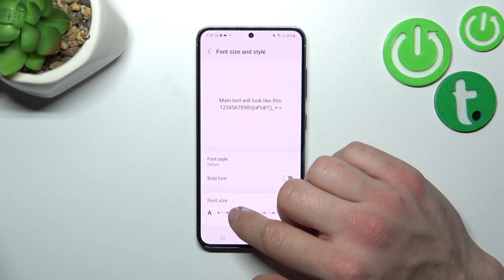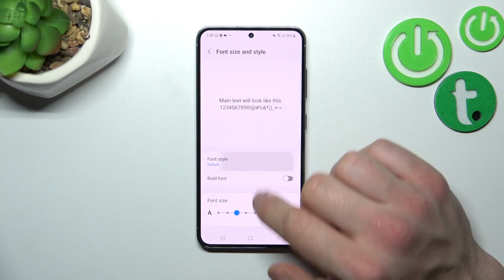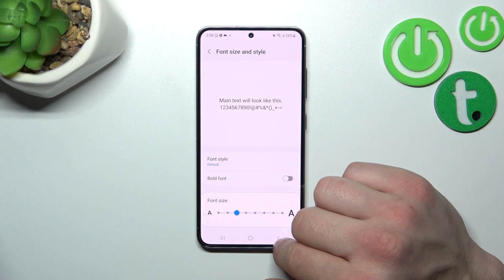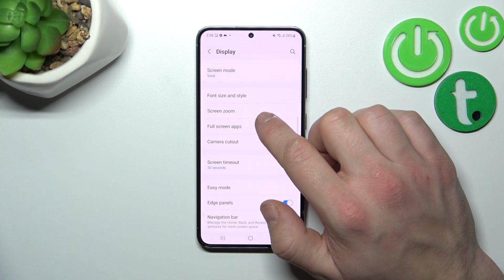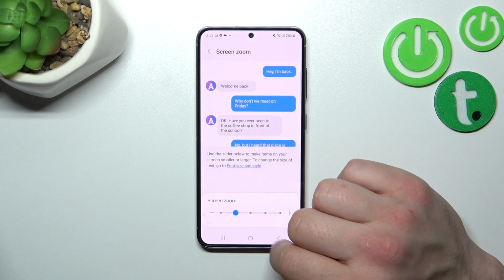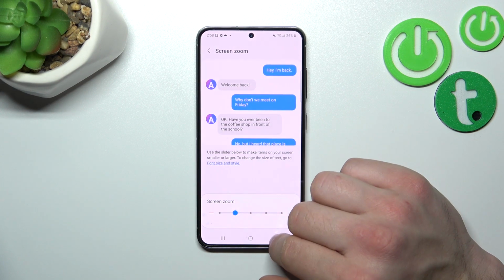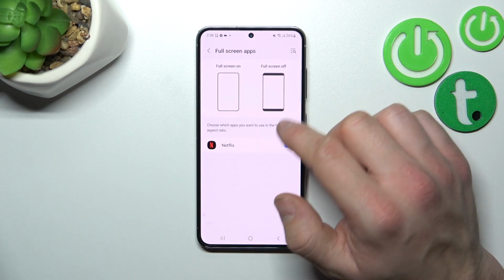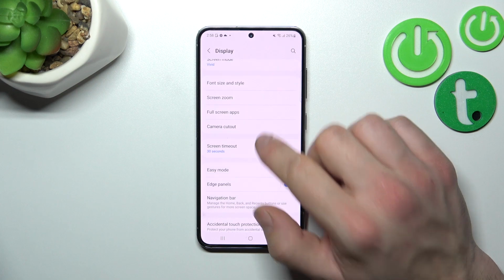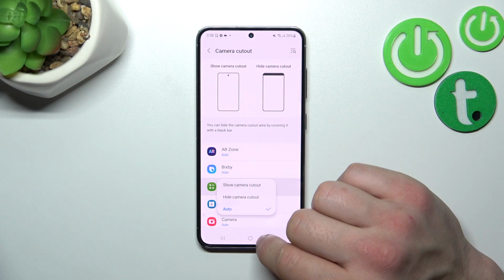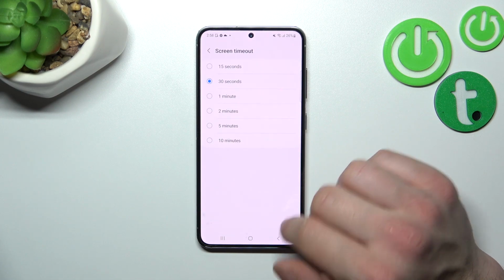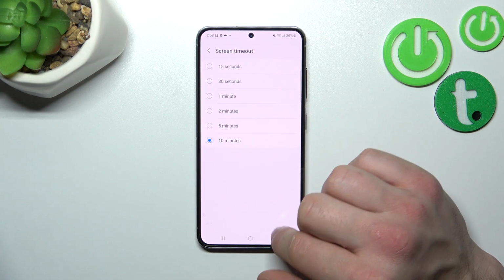Then you can change font size, style and enable or disable bold font. Then you can change screen zoom, enable or disable full screen mode for apps, hide notch for apps, change screen timeout between 15 seconds and 10 minutes,